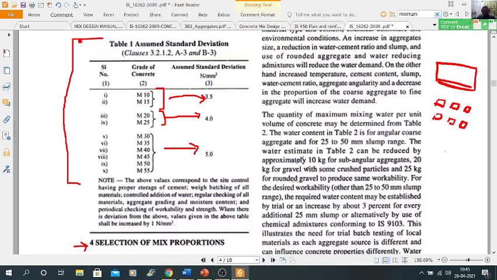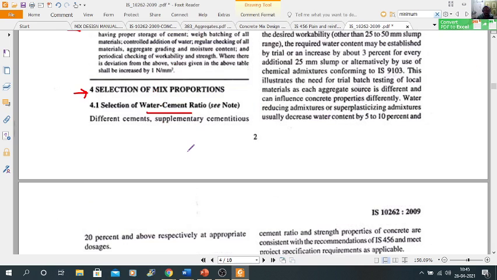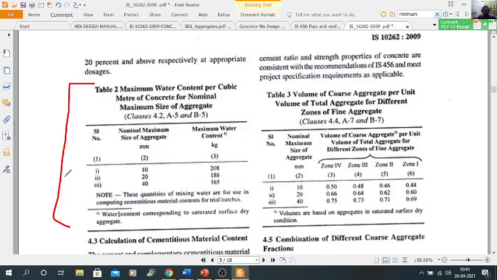Then the quantity of maximum mixing water per unit volume of concrete may be determined from Table 2. So according to all these properties and the slump we need, the quantity of water required is given, or you can select it from Table 2 of your IS 10262:2009.